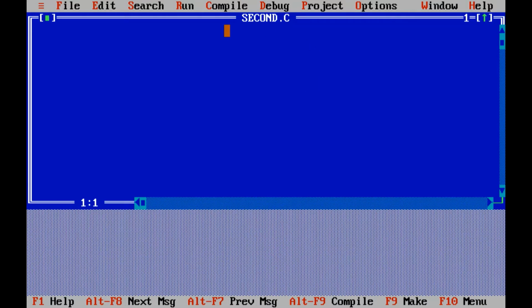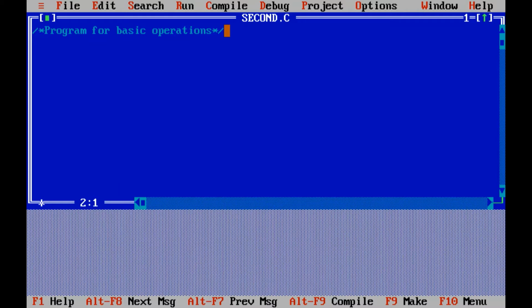The first thing that we are going to write over here is the documentation section. That means the description of the code that we are going to write, what the program is for. So I'll use /*, that is a comment line, and here I'm going to write: program for basic operation. And I'll close my comment using */.